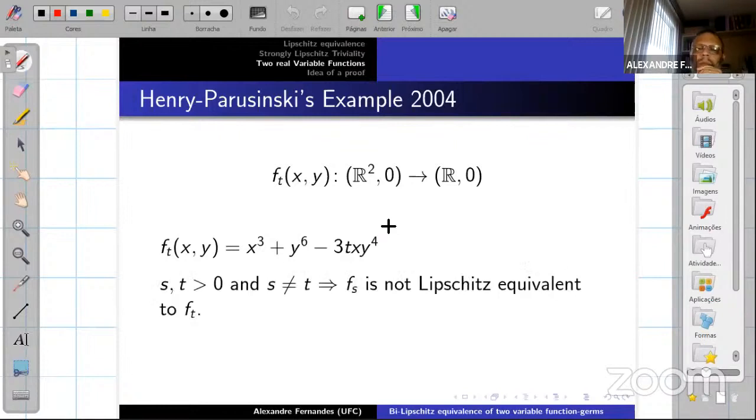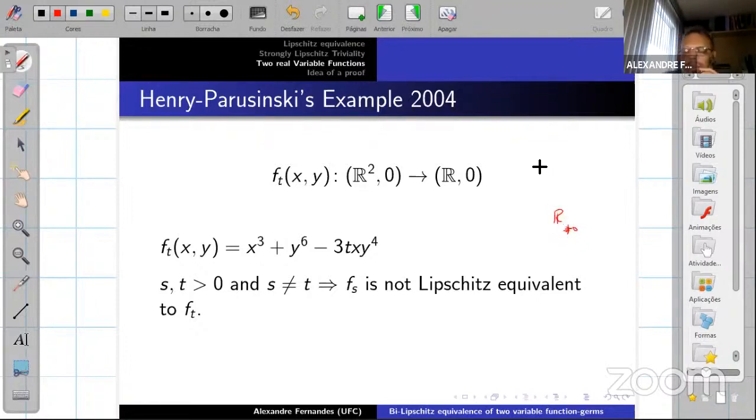They use the same invariant. They compute the expansion of f along the branch of the polar set and consider such an equivalence. They divide it by R plus,